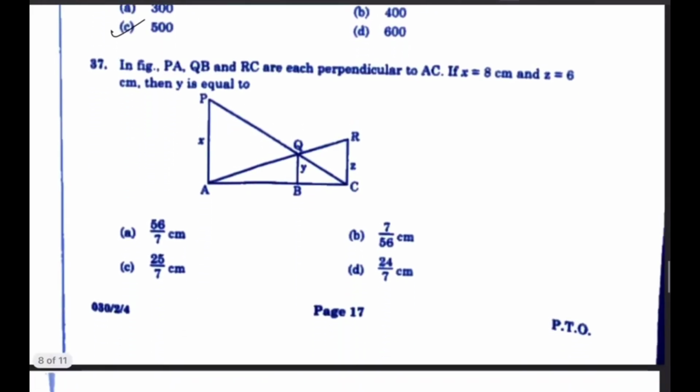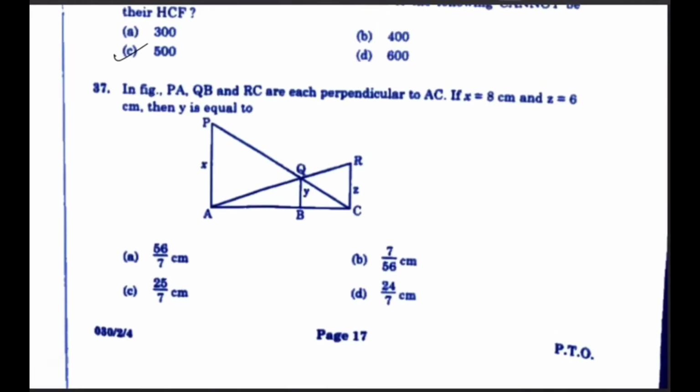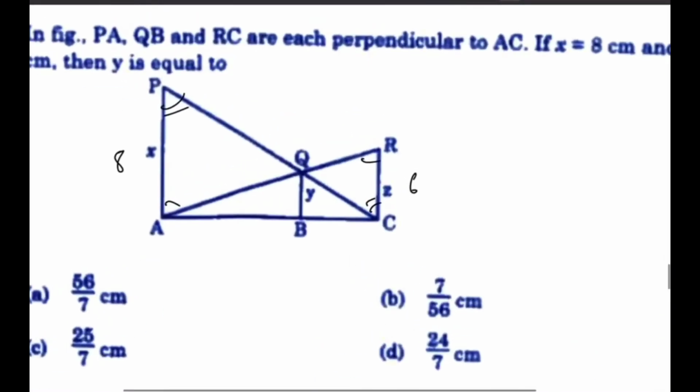Okay, so PQ, AB, RC are each perpendicular to AC. Now see, these three lines are parallel, which means that triangle QAP and triangle QRC are going to be similar. So you have two equal angles here, we have equal angles here, and you can find out the rest. So X is 8 and Z is 6. So what we are saying is the ratios are going to be in 3:4. So what that means is, if let us say this is 3a, then the corresponding side here is going to be 4a,